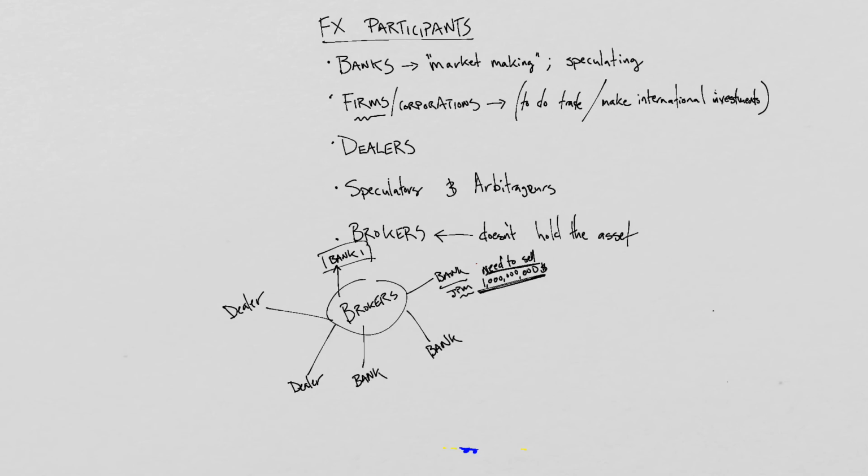So what JP Morgan might do is go to a number of different brokers, actually, and ask brokers to trade this piecemeal on their behalf. But when they trade, the brokers are not supposed to reveal the identity of the client they're trading on behalf of. So they'll go and try and sell a little bit to Bank 1, a little bit to the other dealer that they know, a little bit quietly to Bank 2, and when they do this, they never actually reveal that it's JP Morgan that owns the money. They're simply arranging the transaction. But this anonymity is helpful for JP Morgan because they're less likely to move markets.